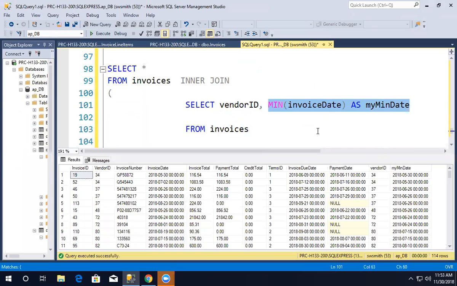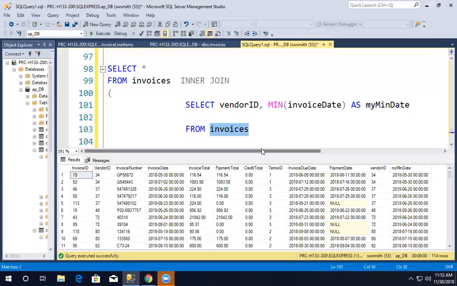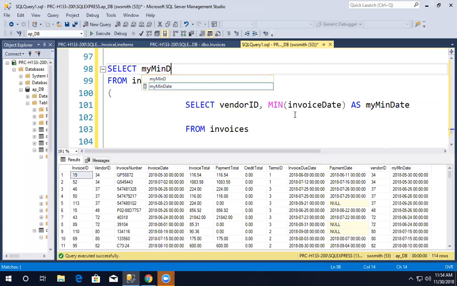Basically, in our subquery, when we are deriving a new table, we are taking the same table and then give it a name as D. The derived table in this case comes from the invoices, so the fact that they both come from the same table doesn't matter. The inner query is the one that gets the minimum date. And so when I select stuff from invoices, and I select my min date, where am I taking my min date from? I don't think I have to put,